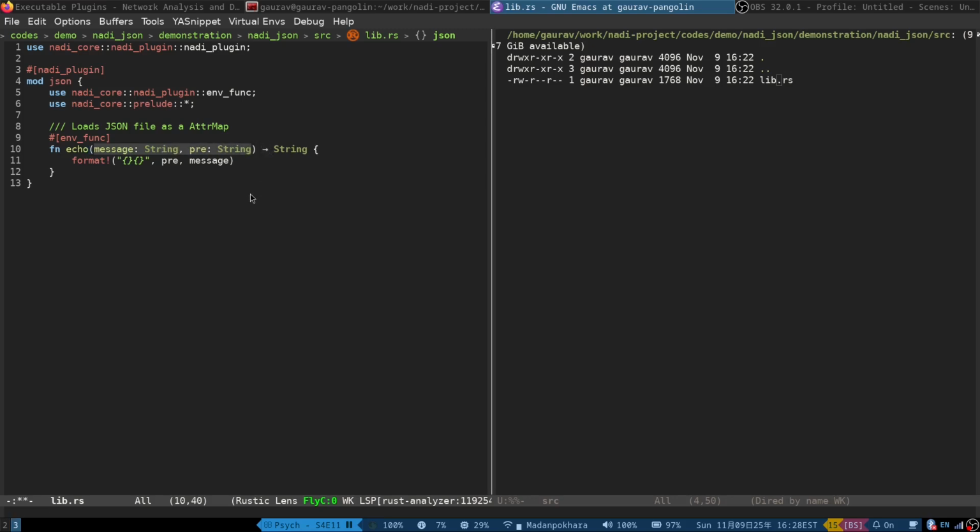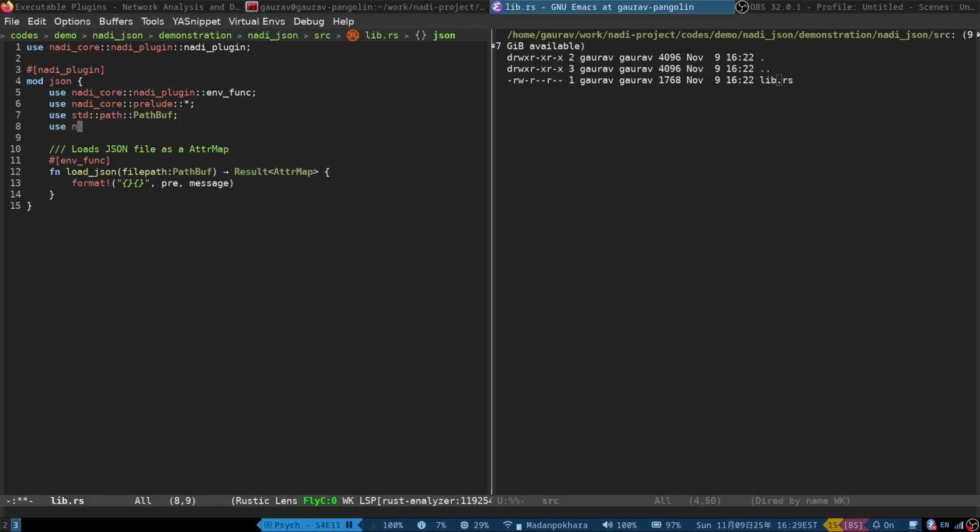We need a file name or file path, and we'll call it load JSON. We'll use, and we will return. So there could be an error. For error we can use anyhow. Okay, this should